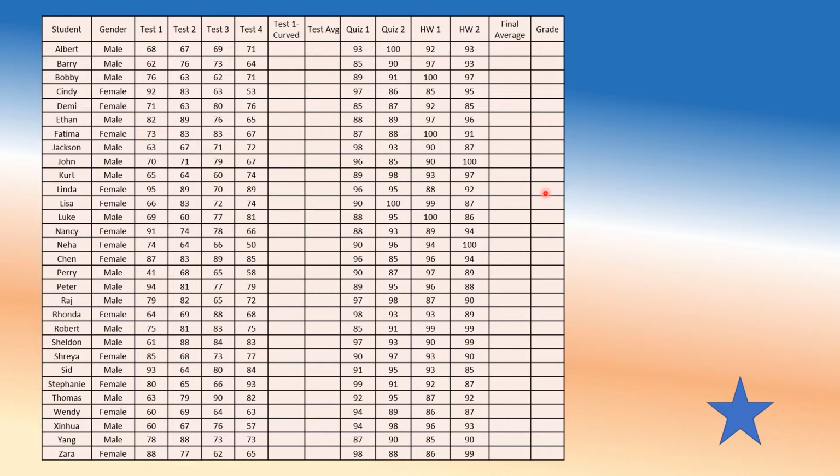Then we are going to have some more questions answered. For instance, on test 1, what's the average of male students and female students? Who scored below 70, or how many scored below 70 on test 3 and test 4 both? We're also going to find outliers. How many students, for instance, did either very well or very badly? They're like the extreme values. We're going to find that out too.